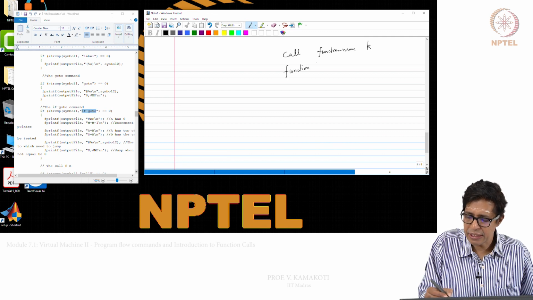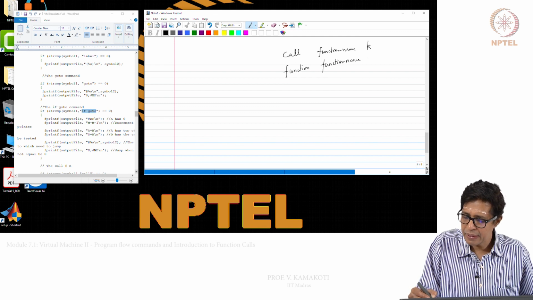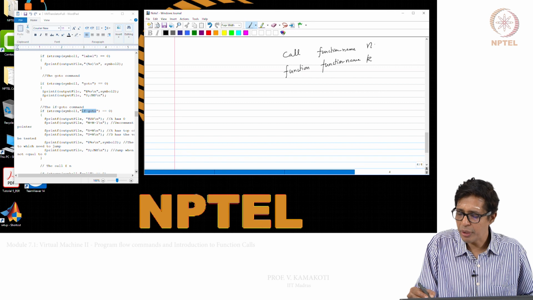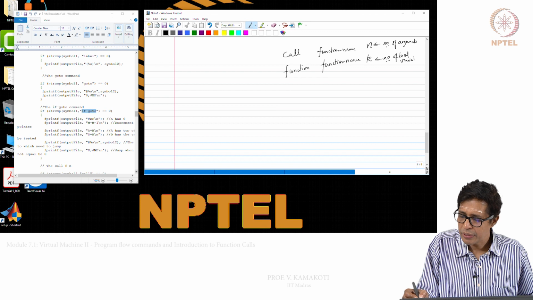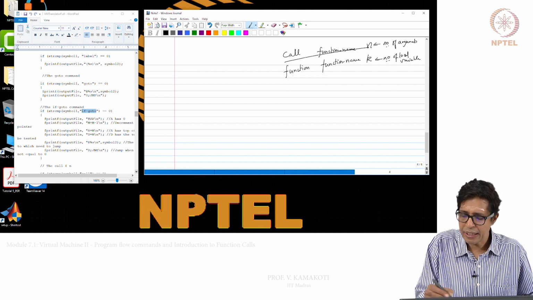Function, this is a function declaration, function name, and so in the book this is k and this is n. We will follow the same thing here. N is the number of arguments in the call, k is the number of local variables that you are going to use, right. So these two are things, and of course there is something called the return.